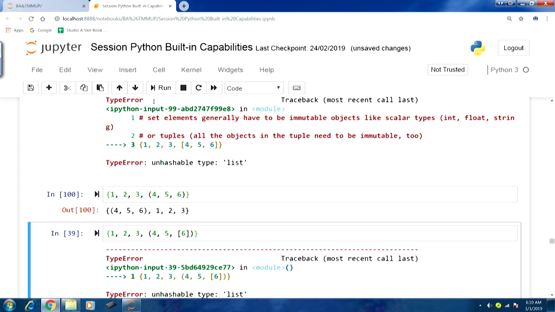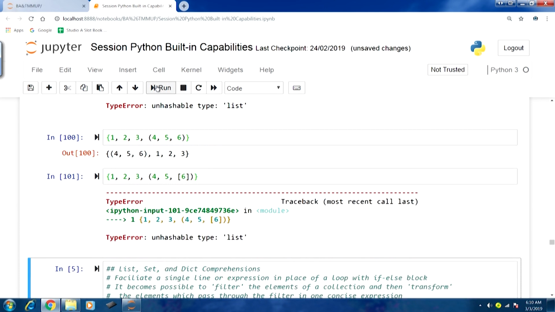Now, the next example that I am taking, here I am creating a set. The first three elements are again okay. Now, the last element is a tuple. The first two elements of this tuple are okay, but for the third element I am again using a list here. So, again this becomes a mutable object. If I try to create this one, again I will get an error. You can see in the error, unhashable type list.